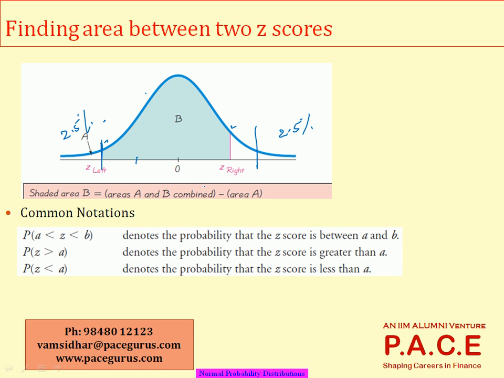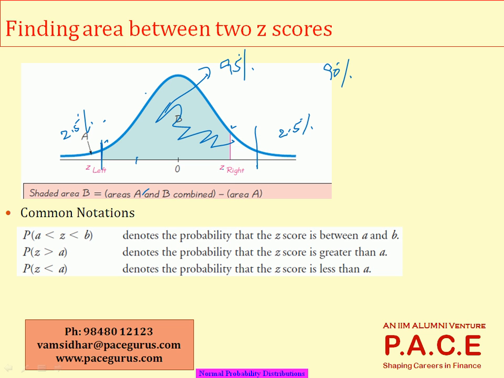I want to find out what should be the number of standard deviations on the left and the right, so that I will get an area inside the curve exactly equal to 95% of the total area, or 90% of the total area probably from the extreme left, or 90% of the total area from the extreme right. So that particular value which will give me the area underneath the curve equal to my desired area are what are called critical values.